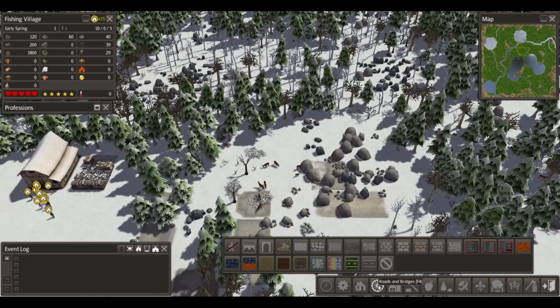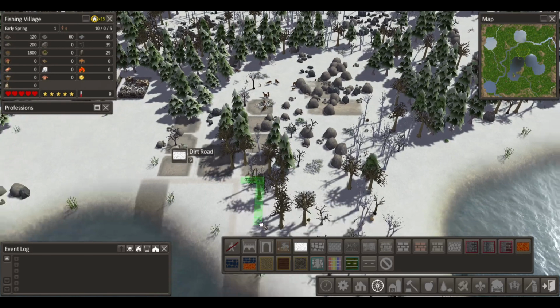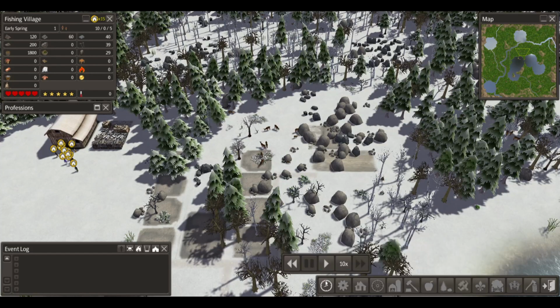Normally wouldn't even consider it, but the houses are just here, so I'm going to run my road. Where is the road? There it is. I'm going to run my road all the way down here, just like that. Alright, now I'm going to let my villagers play,